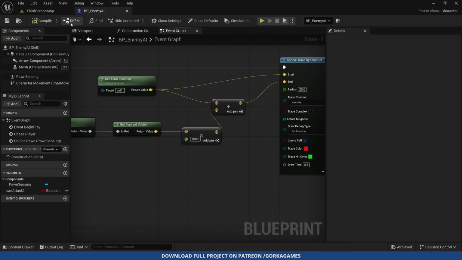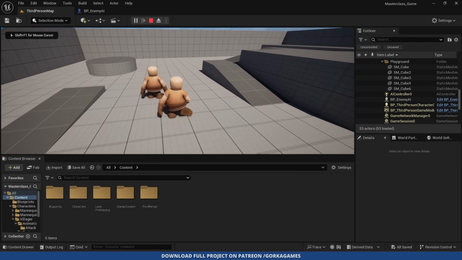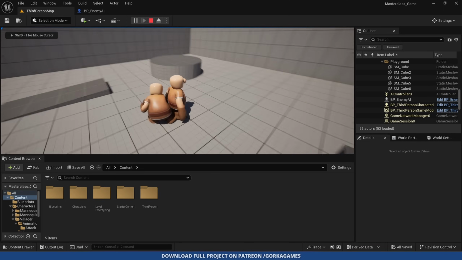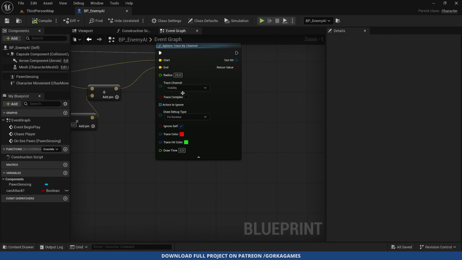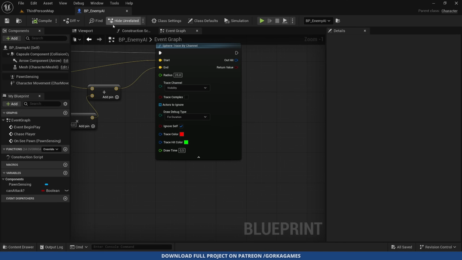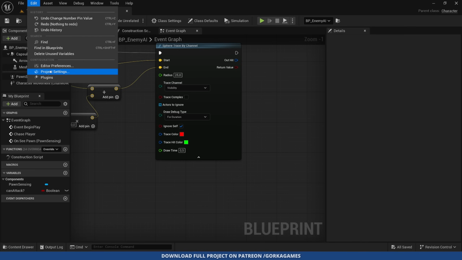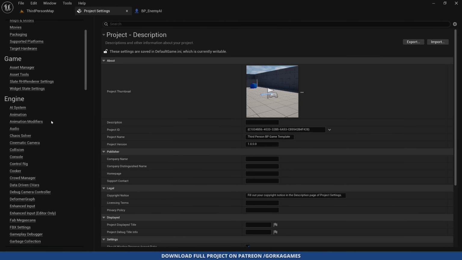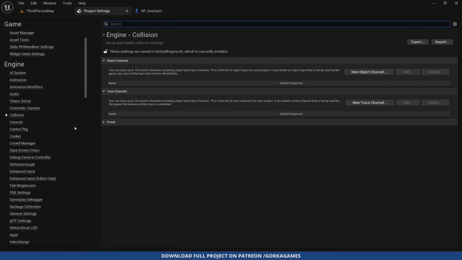And also, as you can see, it's red and it's never turning green like it should, because it's not detecting me. That's because of the trace channel, right? Right now it says this one, but to be sure that it will detect only the player and not other things in the world, we will create our own trace channel that only the player can be detected as. So if we go to edit, press settings, we can scroll down to collision, and under trace channels, create a new trace channel